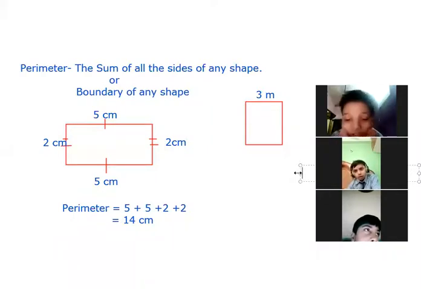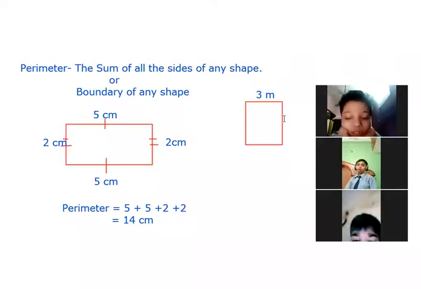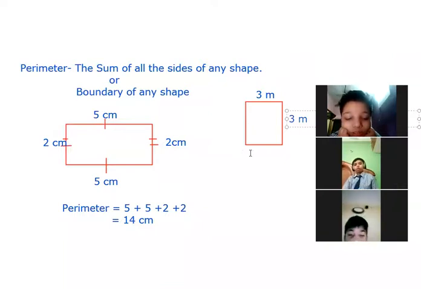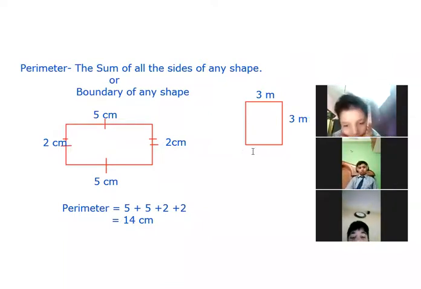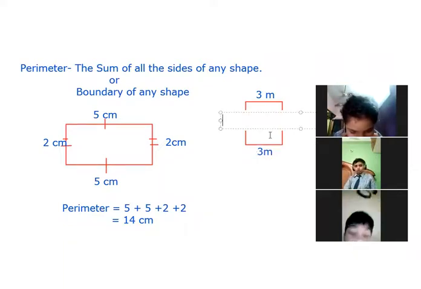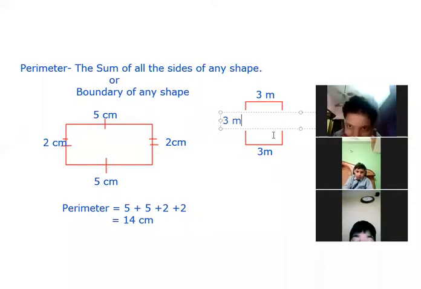Yes, Sakipreet. If it is a square, what is the special quality of this square? Can you tell me? Ma'am, all the sides are same. Exactly, all the sides are equal. If one side is 3, so it is understood that this side will definitely be 3, and this side will definitely be what? 3 meters. Yes, and will the fourth side be different? Ma'am, no, so it will definitely be 3 also.